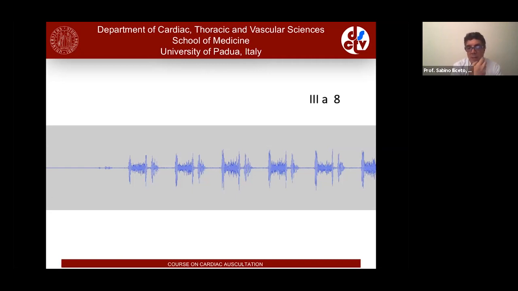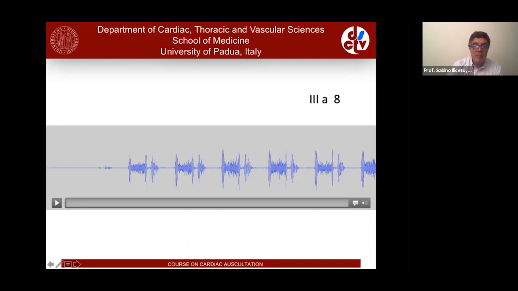relative mitral stenosis. So in other words, there is no mitral stenosis, but the amount of blood that crosses the mitral annulus because of the important regurgitant murmur exceeds the normal entity that should pass through the annulus. And as a result, this low frequency murmur is produced. That is like a mild mitral stenosis. So let's see the murmur